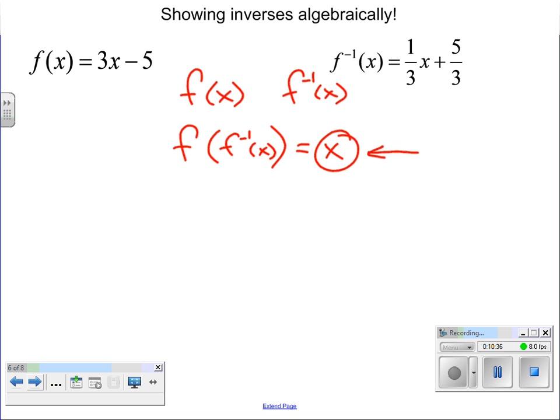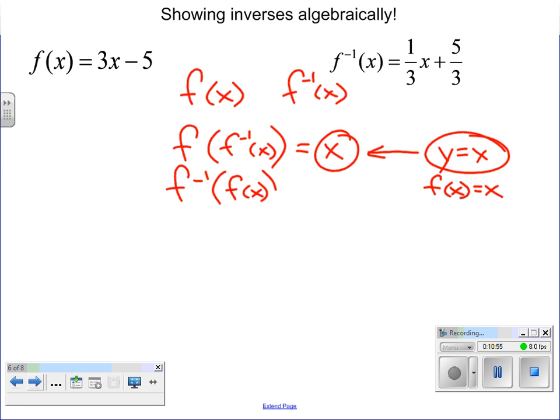This is the identity function of y is equal to x, which is f of x is equal to x, the line where x's and y's are the same. We could also flip it, and by saying f inverse, find the inverse of the original function, and this should cancel each other out and become x itself. So we're going to take a look at that